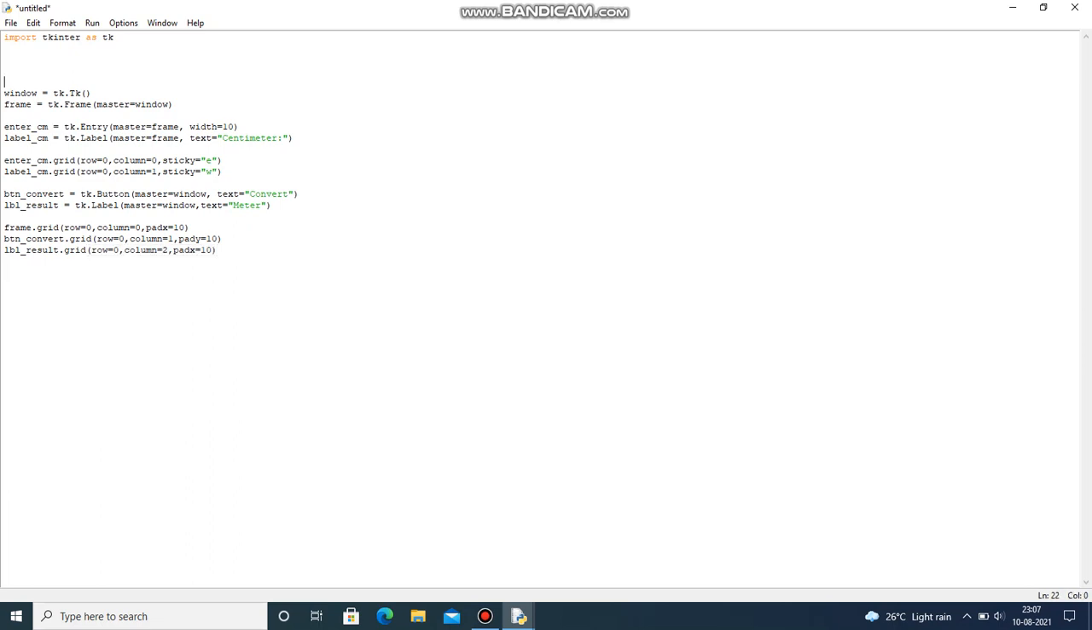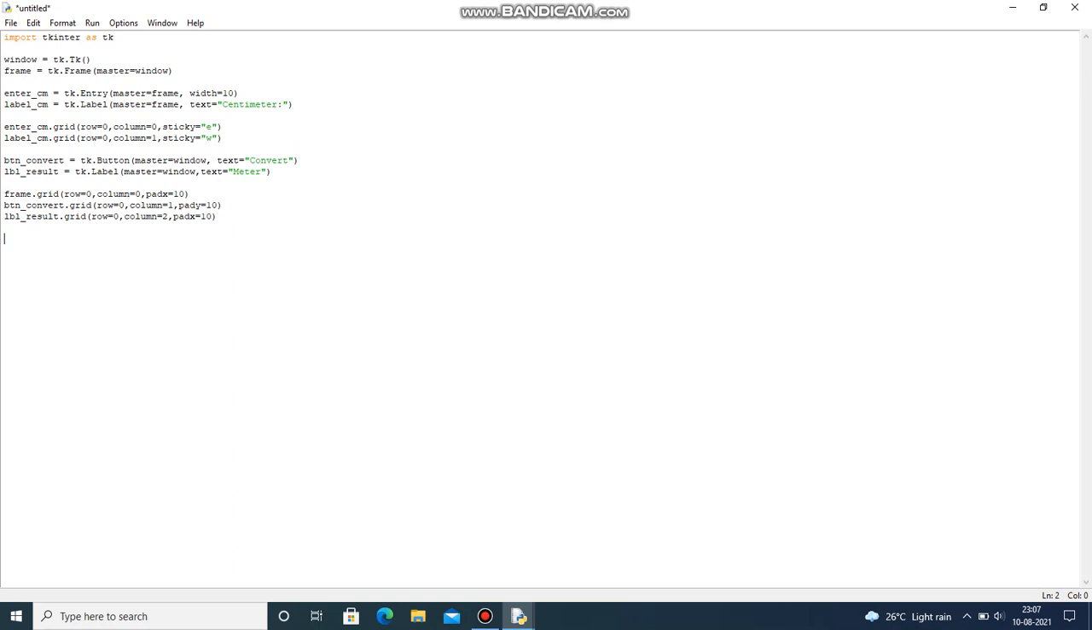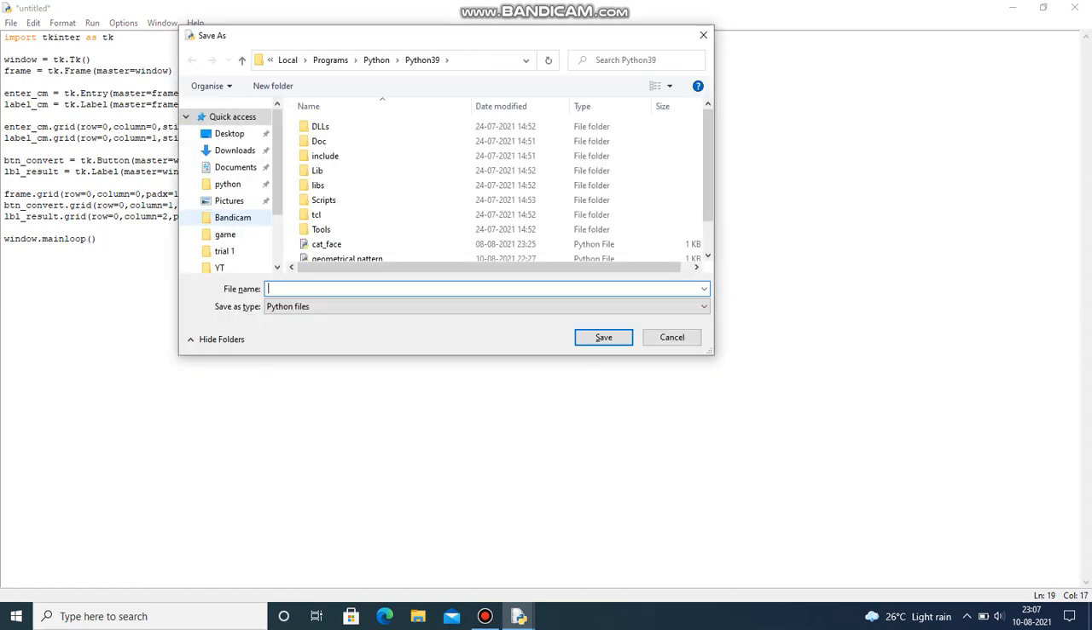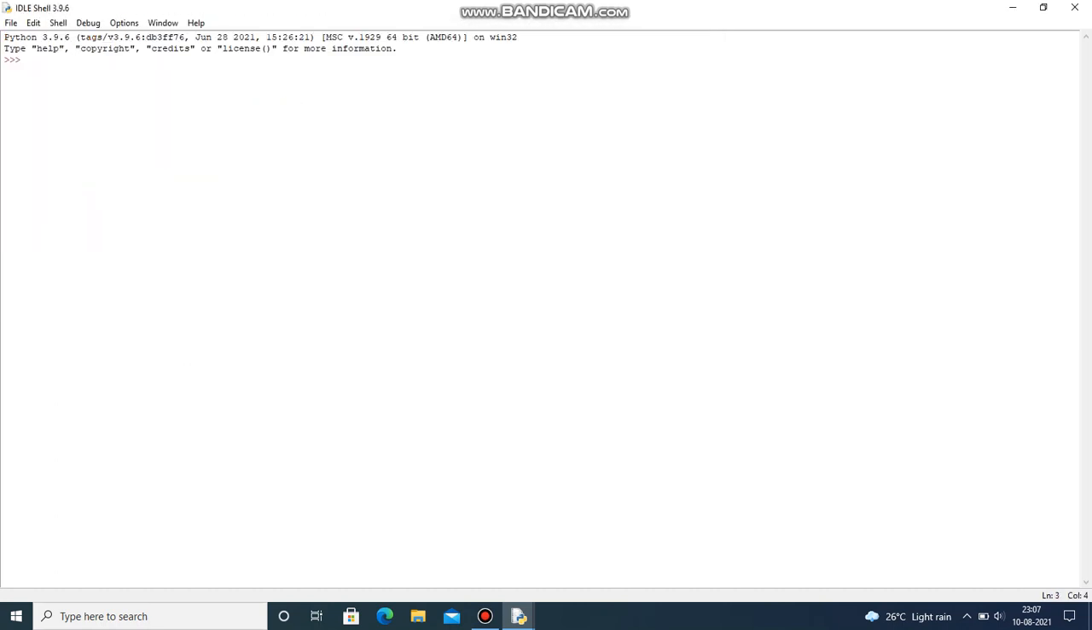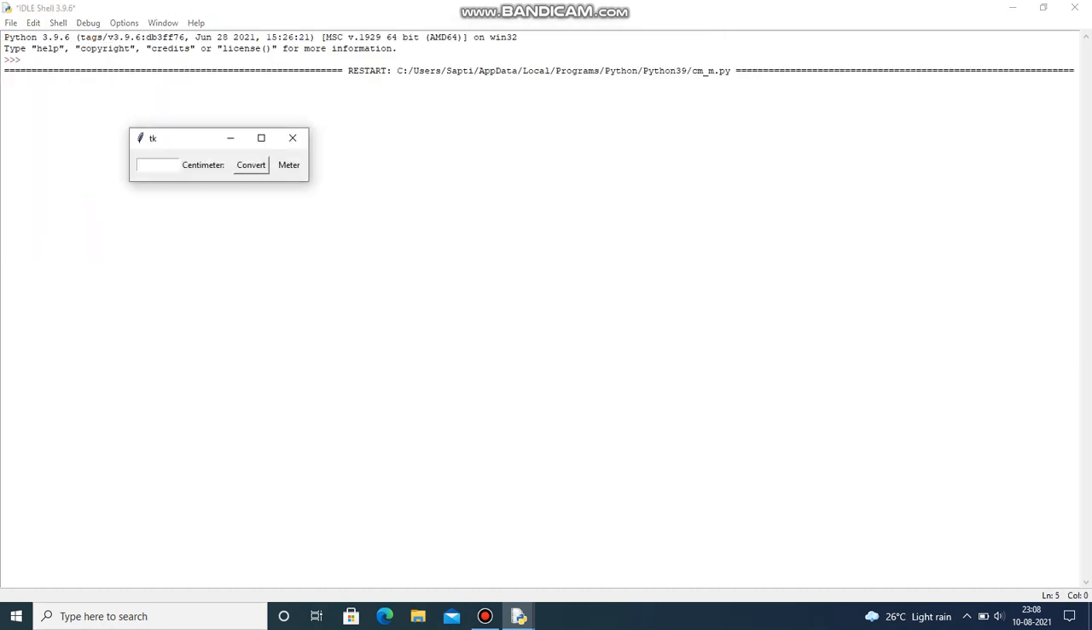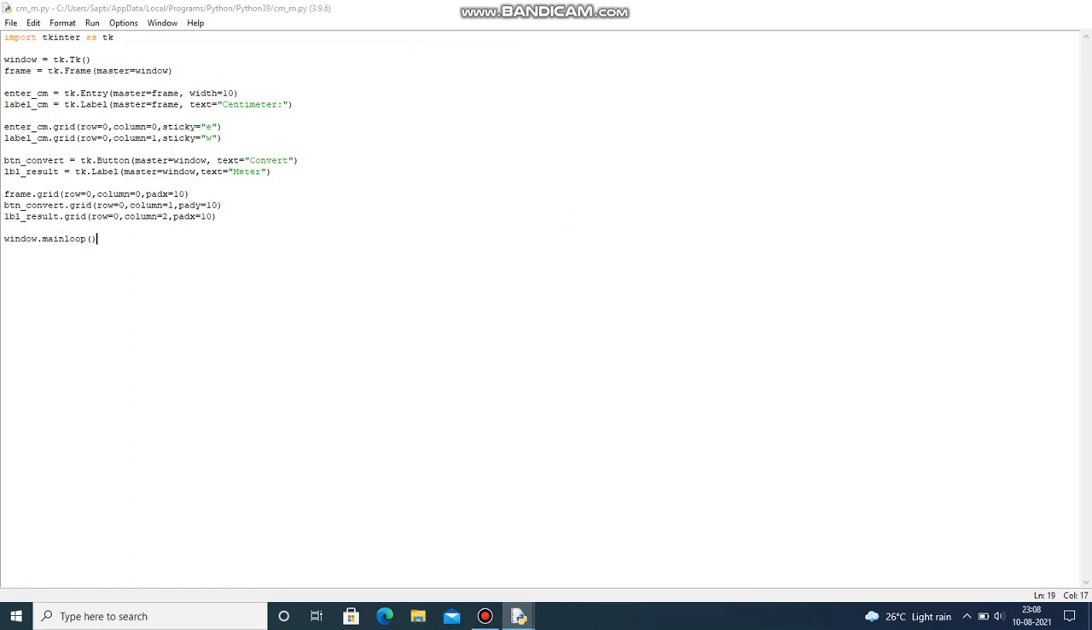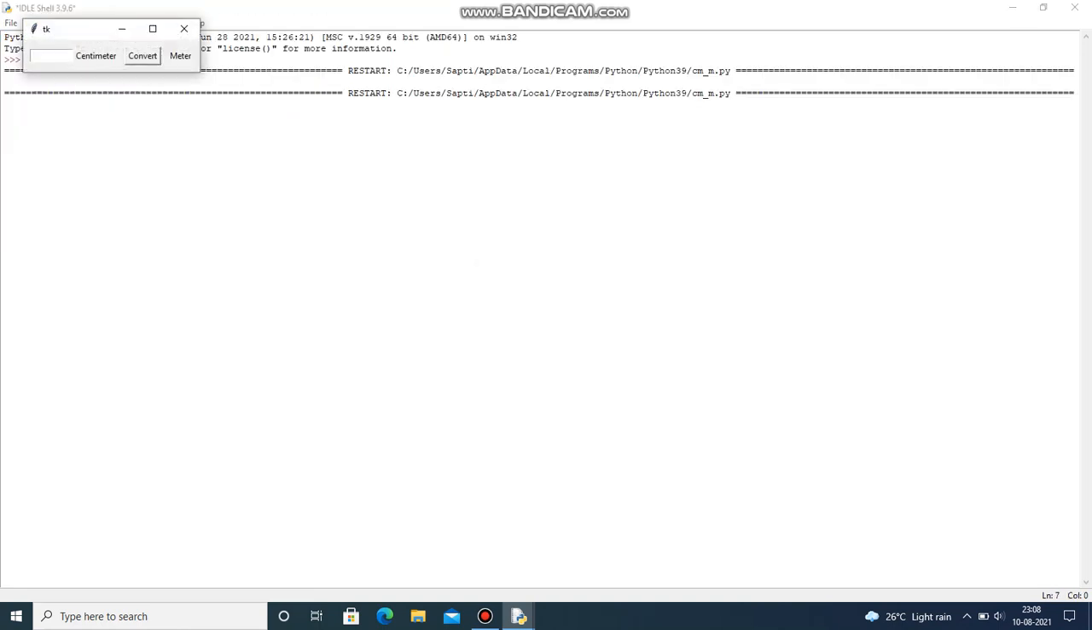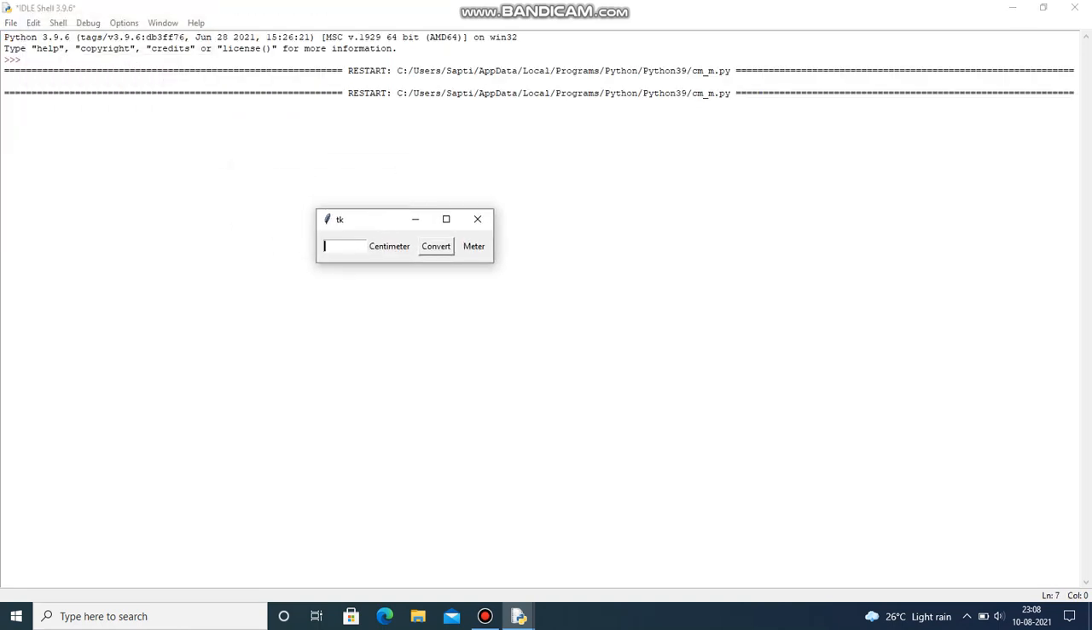Now what you have to give? You have to give window.mainloop, right? So let's give window.mainloop. So now let's see how this looks like. Centimeter to meter converter. Okay, so here you have got centimeter and here you have got meter, and by mistake I wrote something like this, right? So now you got it, centimeter convert meter. So I'm going to give 100 centimeter and I pressed convert, but it's not working